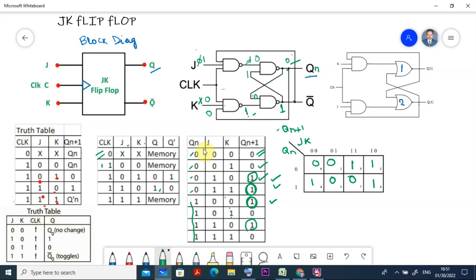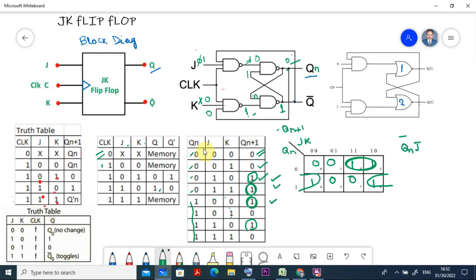Okay, then how do I get the equation? How to find the things? Here you see, I can have a min term from this, and also I can go for a min term from this one as well as this one. Okay, these are the possibilities there. Then how to go for again? You tell me here how I do all the things. So here if you see, this is J is equal to 1. Here also it is 1. Okay, so this is J and Qn value equal to 0. That means Qn bar into J.